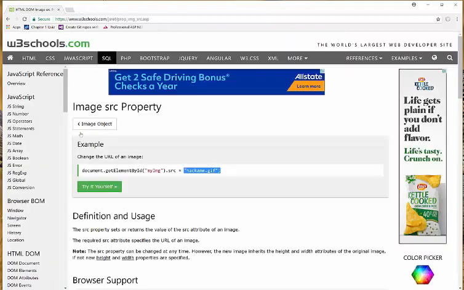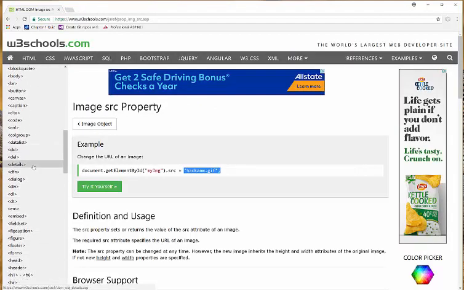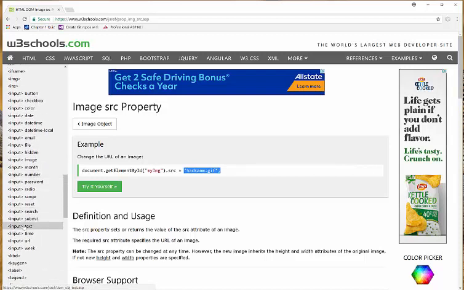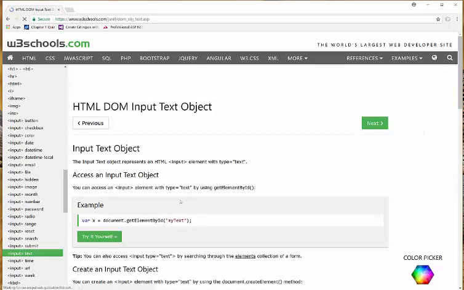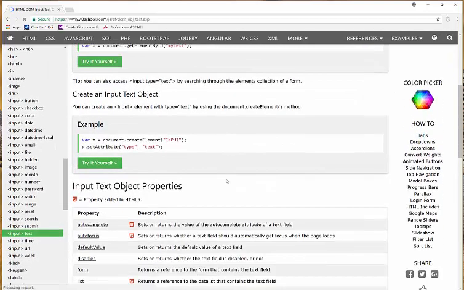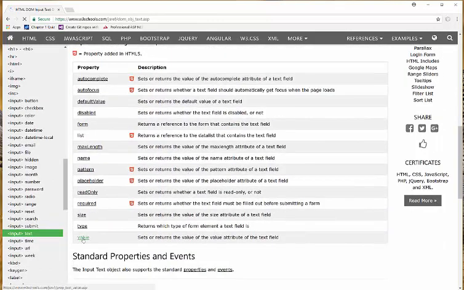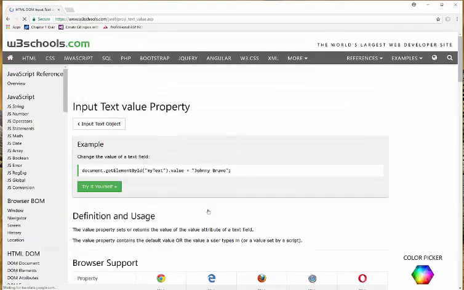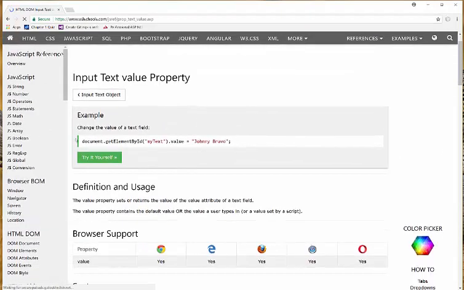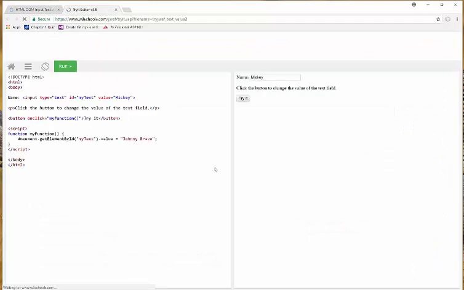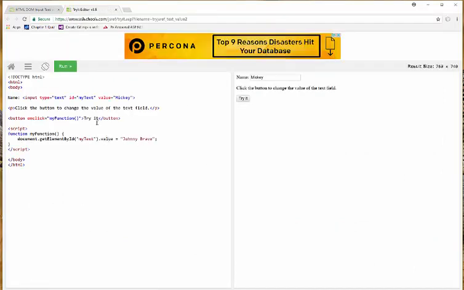So the book goes on. I mean, all of these have properties. Now the book talks about the text input text, for example. And if we look at the input type text, we can see that we have properties such as value, and I know that that's mentioned a lot in some of the chapters you've been reading. Document get element by ID .value returns exactly that, so you can try it yourself, and it's returning the value